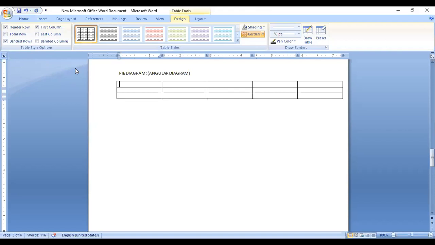So this is data of 2 families I am taking. Item and food,